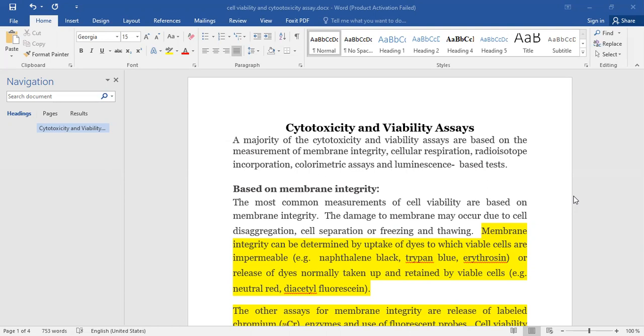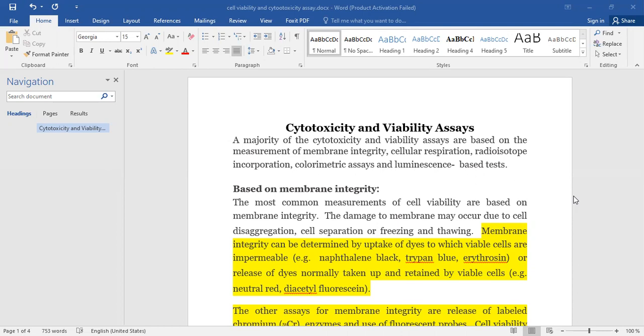In animal cell culture, there are different methods for the analysis of viable cells. What are viable cells? When we perform animal cell culture, there are some procedures which may damage the cells, or the cells may become contaminated, or by freezing and thawing the cells will be damaged,